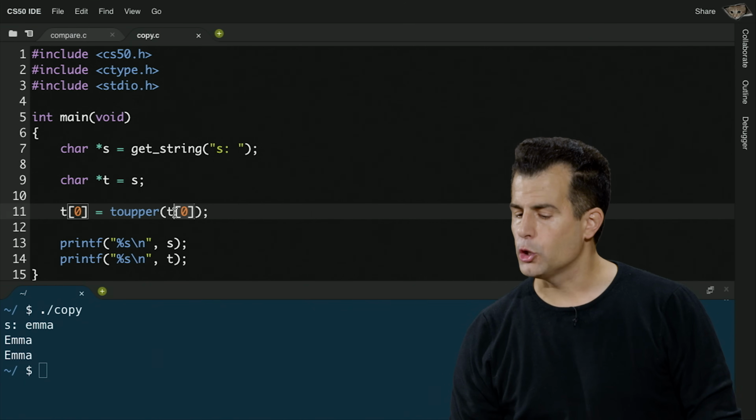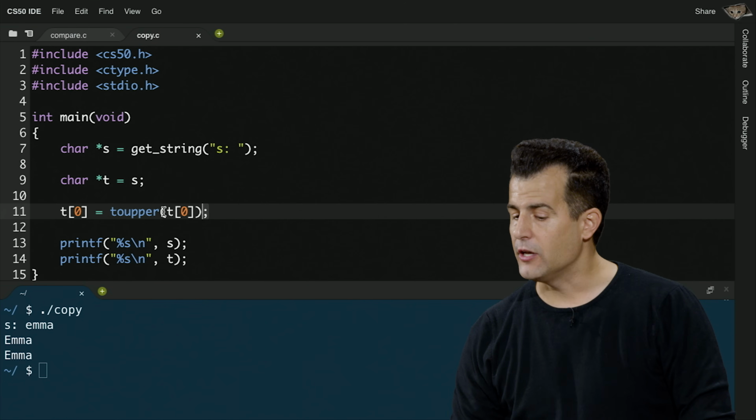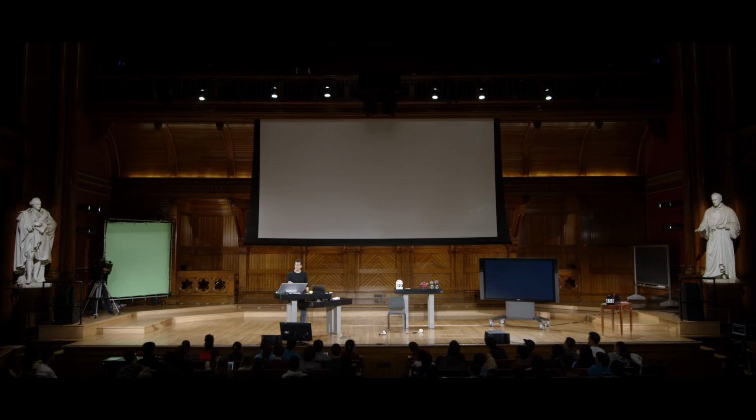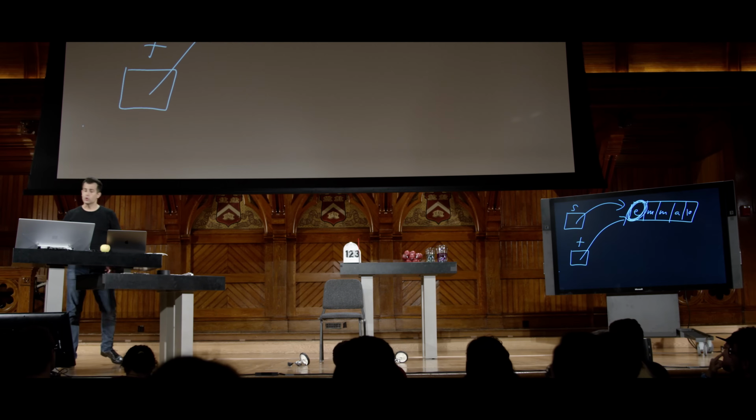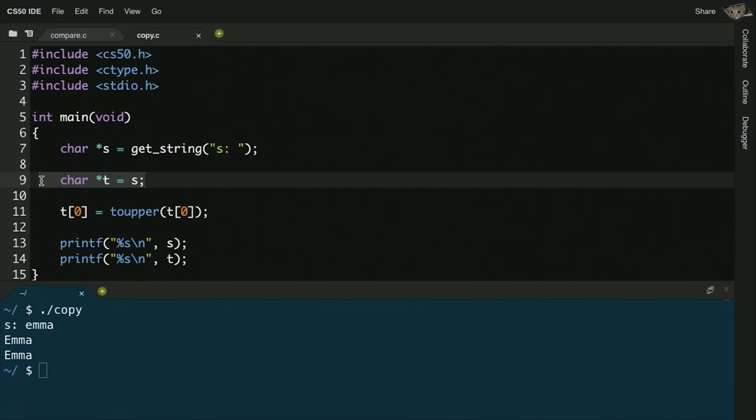Because again, if I didn't do this hand-wavy arrow notation, I literally wrote out 0x123, I would have just written out 0x123 in both s and t. So when, in my code, I go ahead and say, you know what, go to the first character in t, and then go ahead and uppercase it, guess what the first character in t is? Well, it's this e, but guess what the first character in s is? Literally that same e. So this does not suffice to copy a string by just saying t equals s, as it has up until now with every other variable. Anytime you've needed a temporary variable or a copy of something, this worked.